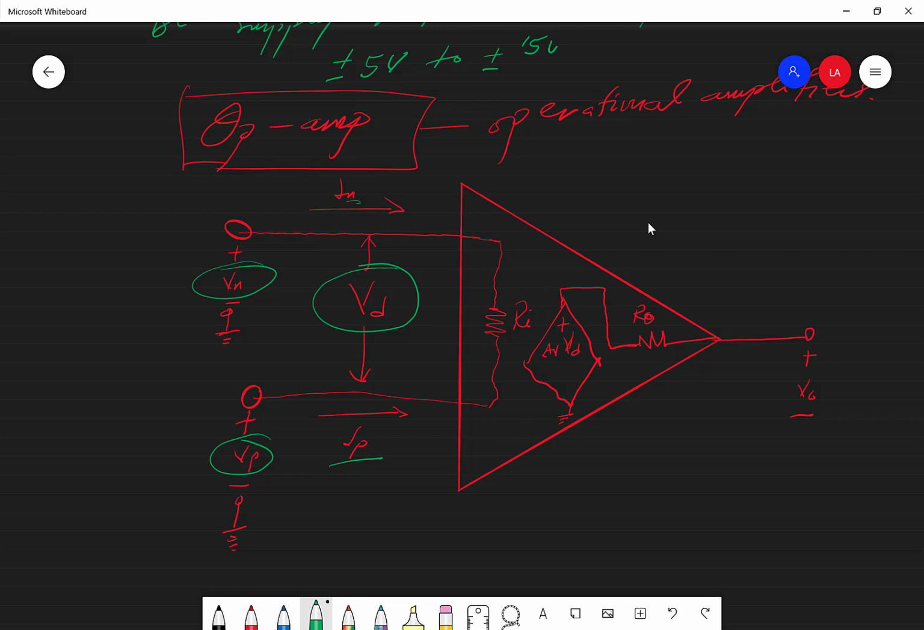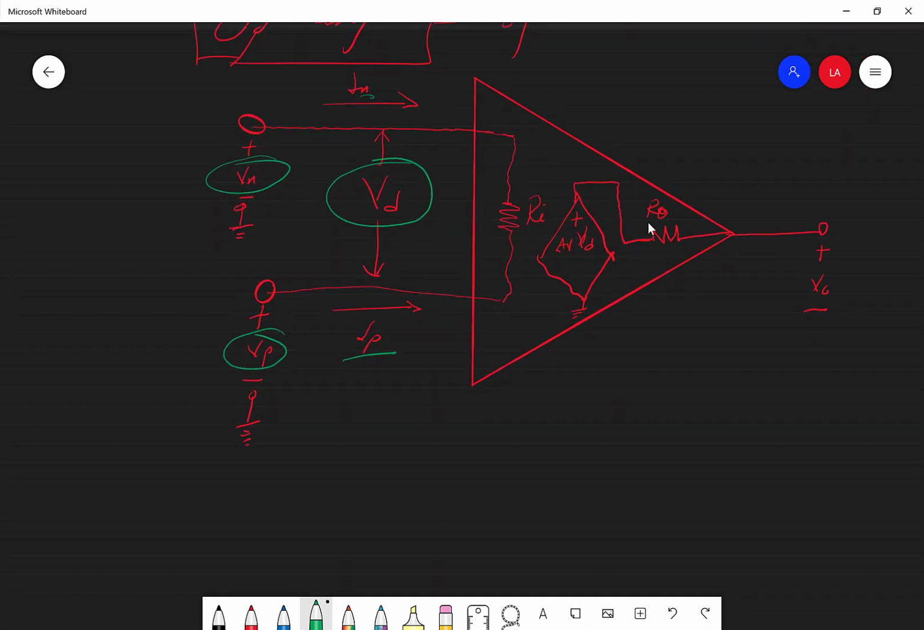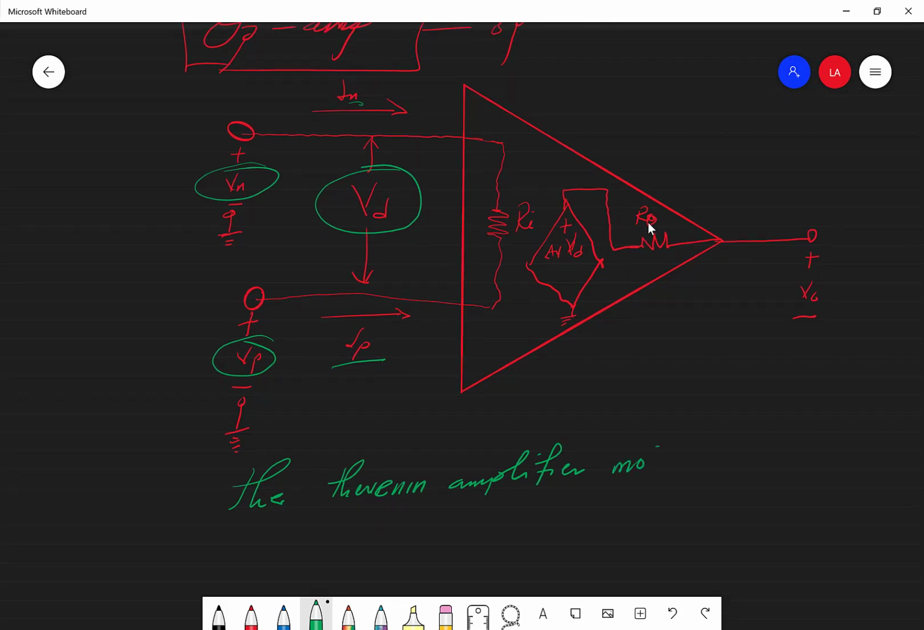Okay, so this diagram you see here is what we term as the Thevenin amplifier model for standard op amps. Okay,